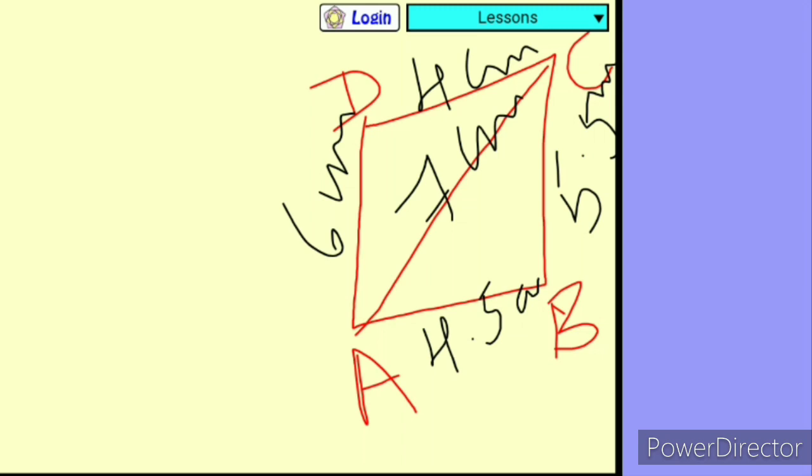Now I am going to clear this rough figure since I have less space. According to the rough figure, first we are going to construct triangle ABC. To construct a triangle, we need 3 elements, but to construct a quadrilateral, we need 5 elements. Don't confuse the two. Now, to construct triangle ABC, we have 3 sides: AB 4.5 cm, BC 5.5 cm and AC 7 cm. Already you know how to construct a triangle, right? Now I am going to construct triangle ABC with AB as base.